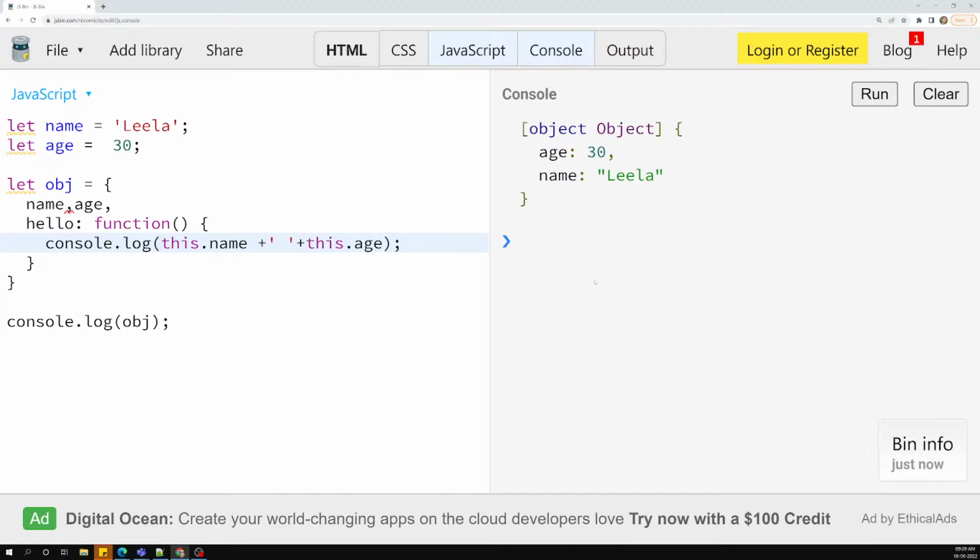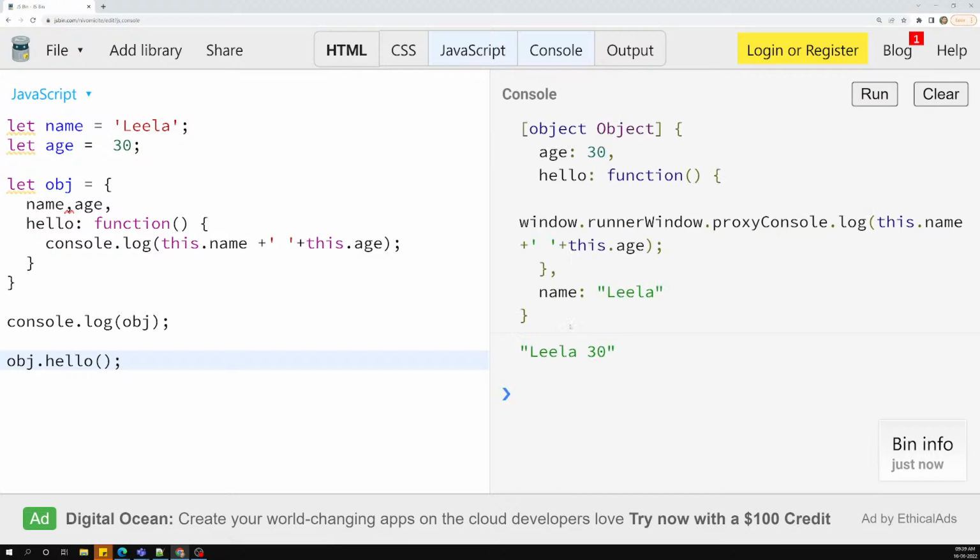So this is normal. If I try to call this function, how can I call it? Object.hello, I will be calling like this, right? So this is consoling. Okay, fine. If I try to output it, here I'm able to see Leela 30 like this. So this is the object I am trying to print, and here we are able to see the output. Now we can also represent it, we can remove all these functions,